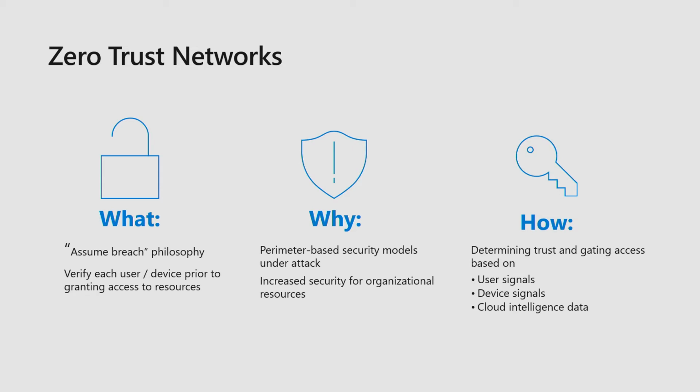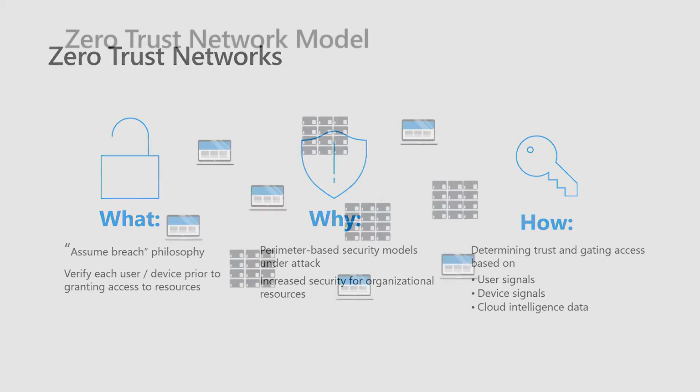We need to have strong trust in the device and strong trust in the user, and in combination, we need to use those for every access request to the cloud. If we can establish this device is healthy, there are no antivirus detections, the policies that we expect to be there are set, and the same thing for the identity in AAD, using something like conditional access, we can actually construct a fortress around a single user without all the cost of the perimeter. And that's really the value pitch for zero trust networks.